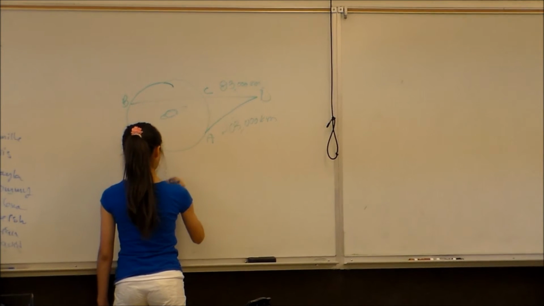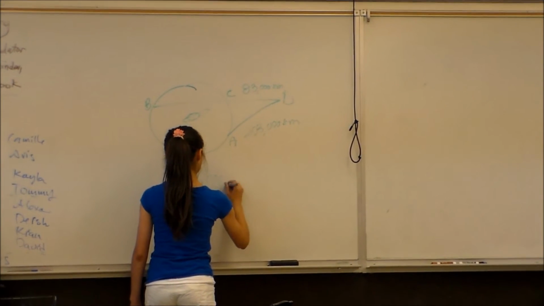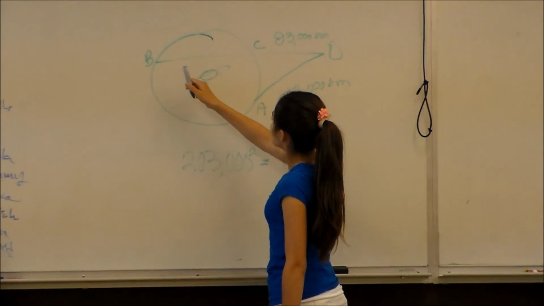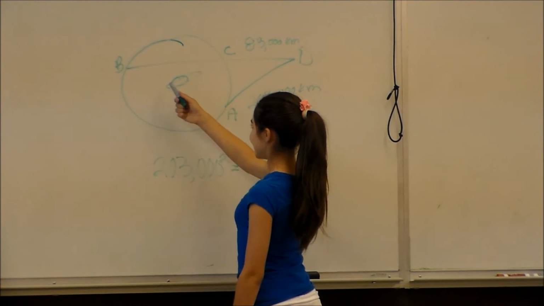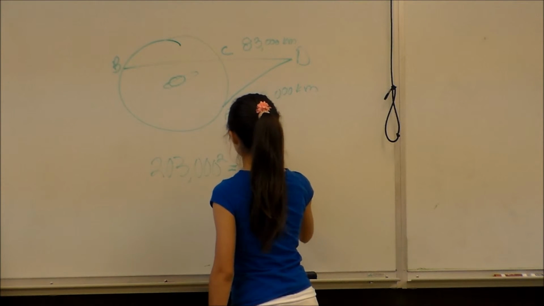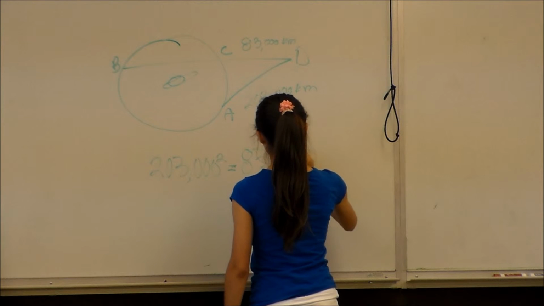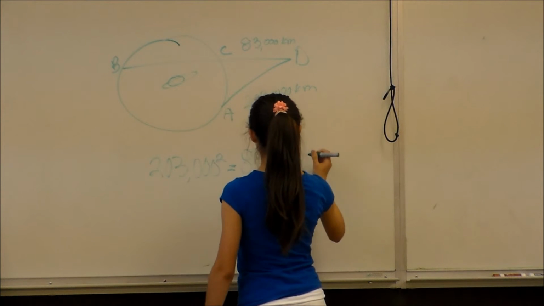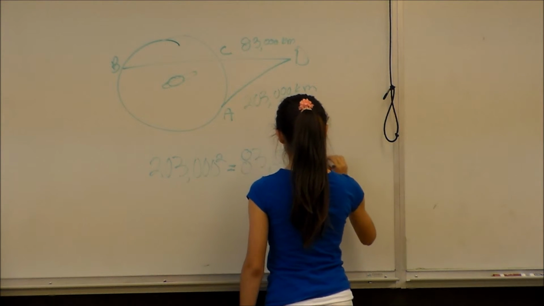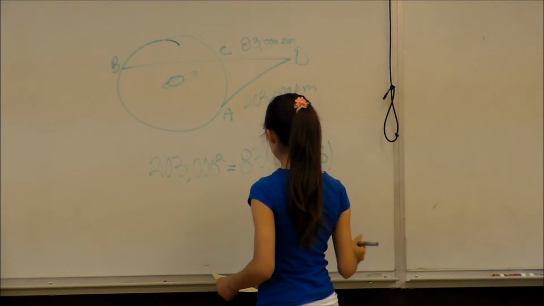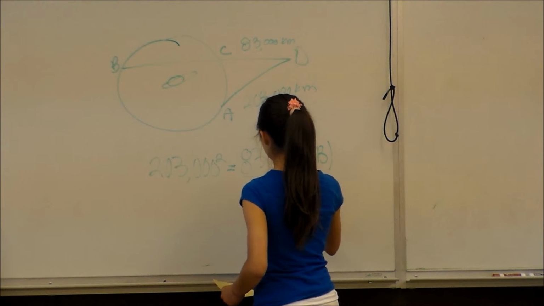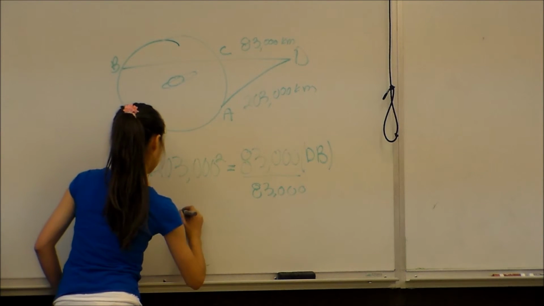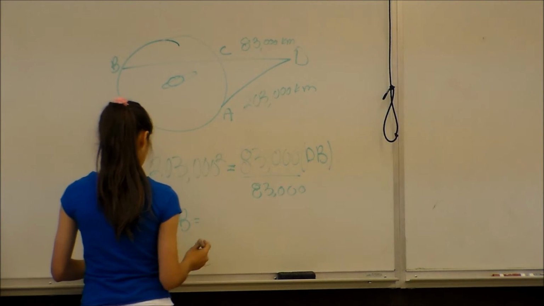tangent squared equals the inside times the outside. So 83,000 times dv, which is the entire distance. And we would divide 83,000 to both sides to get, when it's completely simplified, dv equals